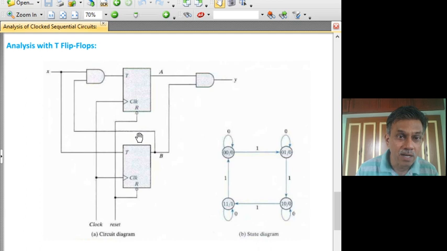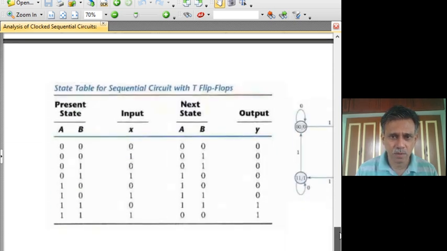First let us concentrate on B, which is rather easy to arrive at, and Y, which is even easier to write. Y is purely a function of the present state variables A and B. It is simply A and B. So it is easy to fill up the column Y. The output column Y is simply A and B, so you can see that only in these two rows, A and B are 1. In all other rows it is zeros. So you can write it out easily.